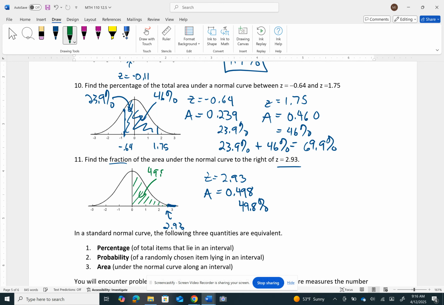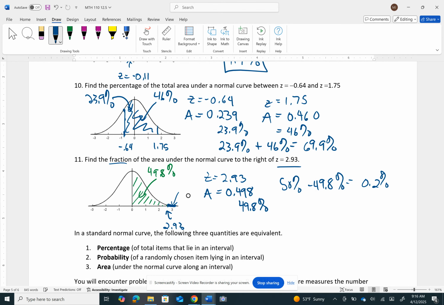It's not what I want. I want the percentage that would be there. So since 50% of the data values would be above the mean, then I could take 50% and subtract the 49.8%. And that would wind up giving me, in this case, just